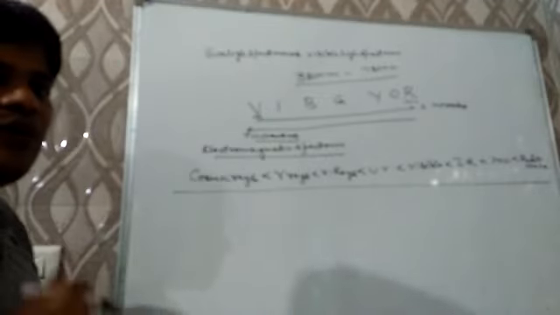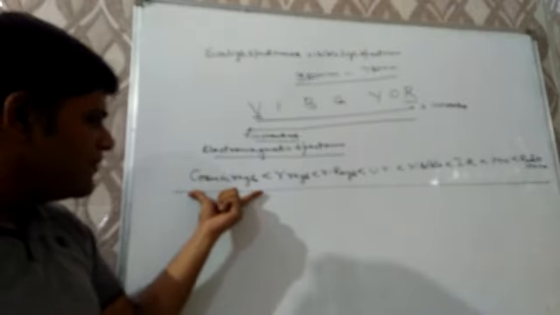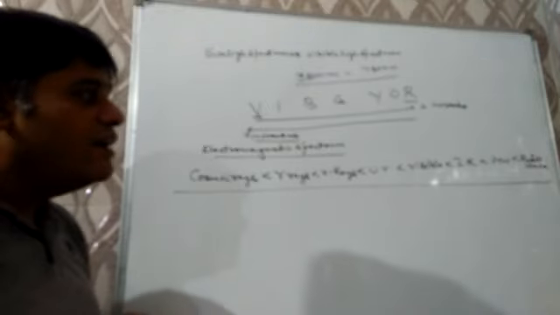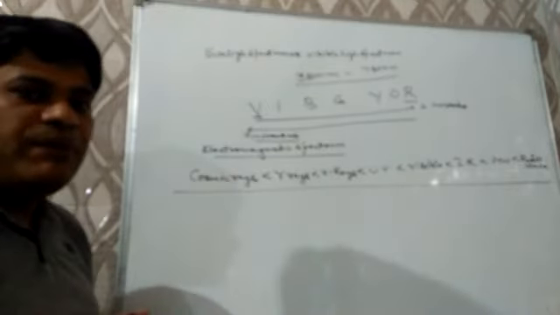Now questions may be there. Which type of rays have the lowest wavelength? The lowest wavelength will be for the cosmic rays. And which type of rays have the highest wavelength? That will be for radio waves. Highest will be for radio wave, lowest for cosmic rays, or the order of any 2 or 3 may be asked in your competitive exams. And this is known as the electromagnetic spectrum.